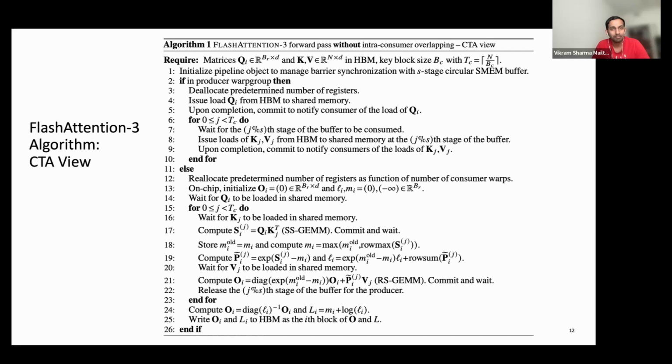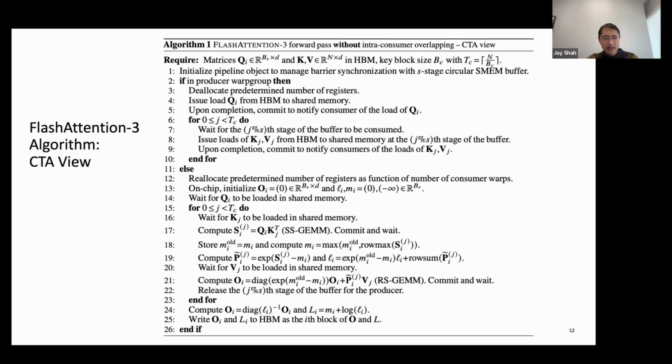Sure. So initially, in our first implementation of FlashAttention on Hopper architecture, we used a multi-stage design where the producer and consumers were interleaved, using the same warps to do both loads and MMA.